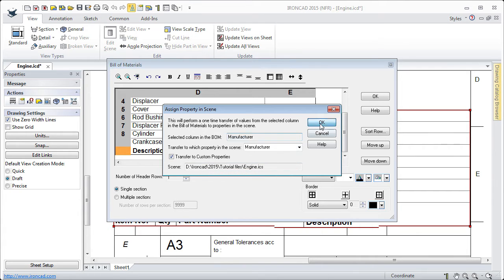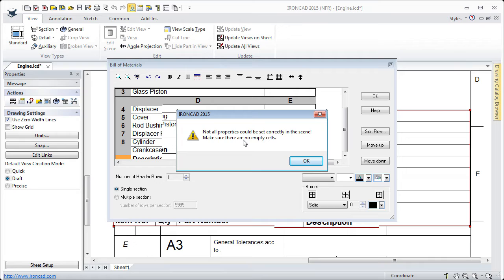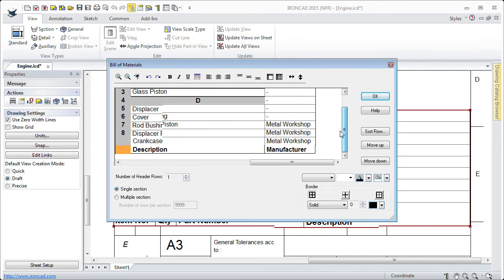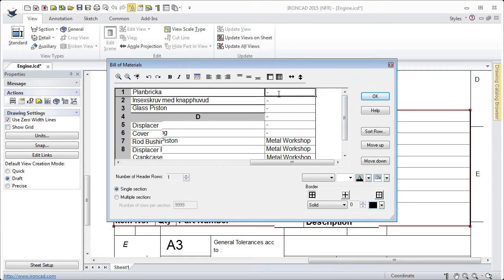So I click OK, and we got a message. It says not all properties could be set correctly in the scene because make sure there are no empty cells. Well, there are a few, so I will make it easy for myself, so I just type a dash in each cell. So there are these three will be added to the cylinder and the crankcase and the displacer piston. Now when all cells have information,